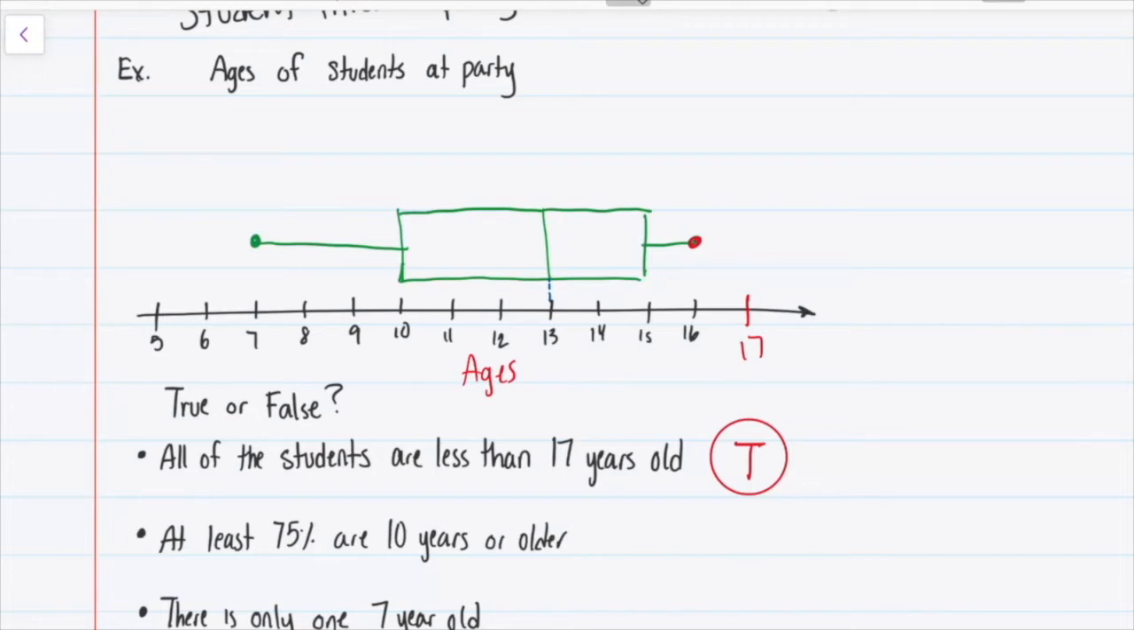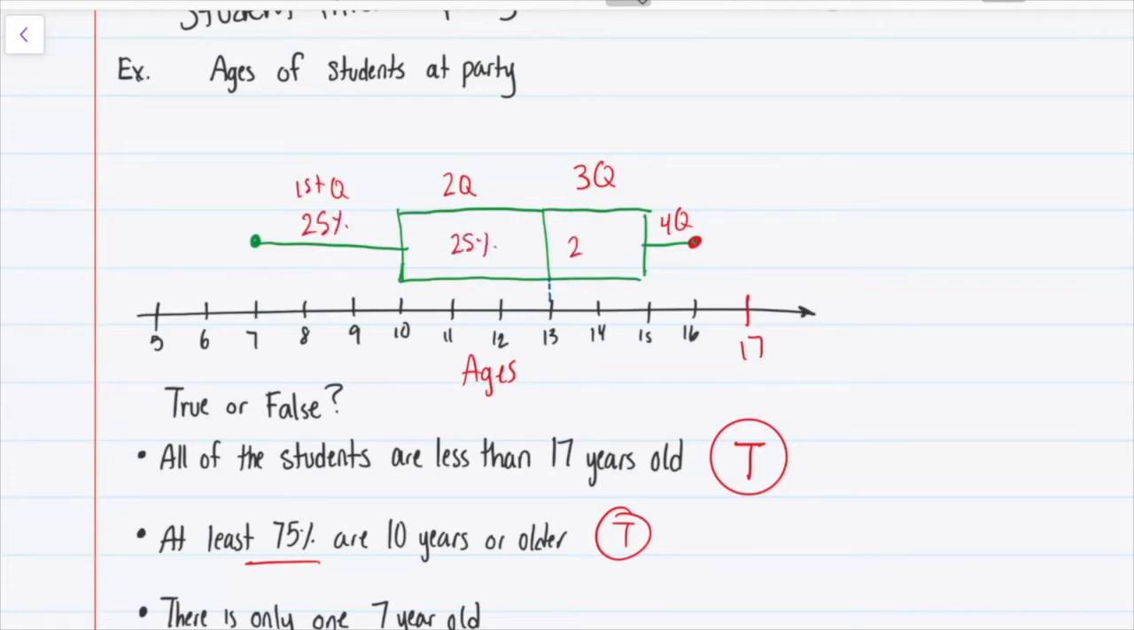Number 2, at least 75% are 10 years or older. 10 years or older. Is that true or false? That's going to be true. I don't know if you guys remember, but a box plot has 4 boxes, you could say. There's quartile number 1, first quartile, second quartile, third quartile, and the fourth quartile. And if you guys have seen other videos or the notes, you're going to remember that each one has 25%,